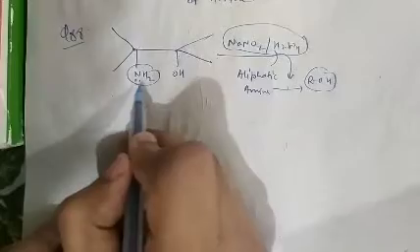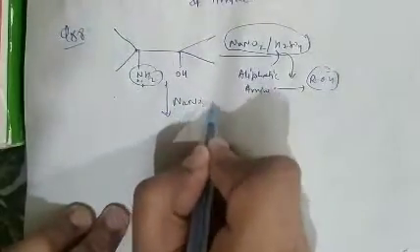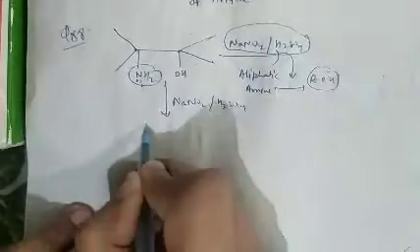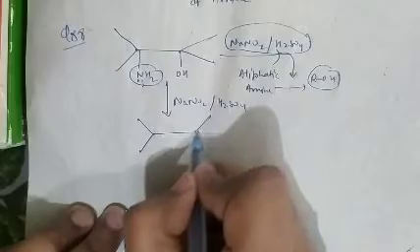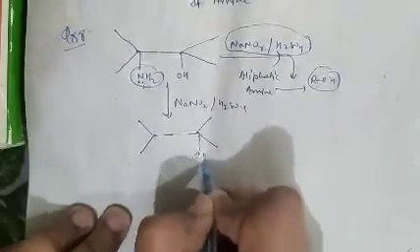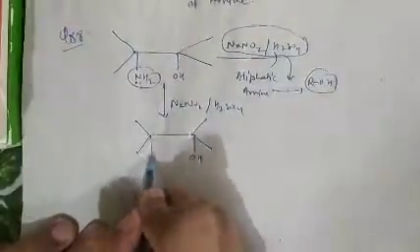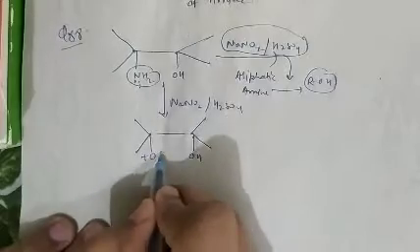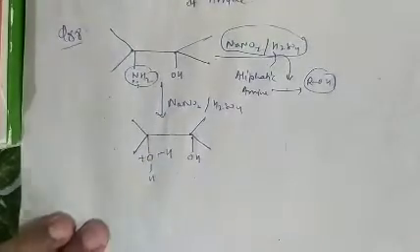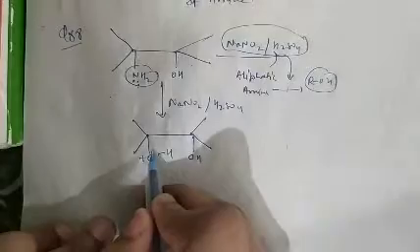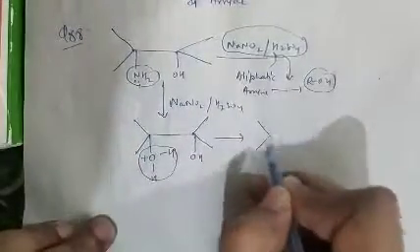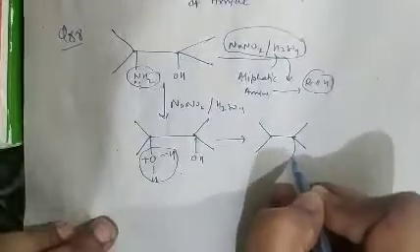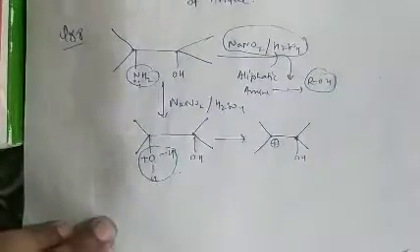So this compound, on addition of NaNO2 plus H2SO4, the compound formed here will be OH, and the compound formed here will be OH. Now H plus will attack, so it will be OH. So water will be removed from this position in the form of oxonium ion. So this will form like this. This will contain a positive charge.